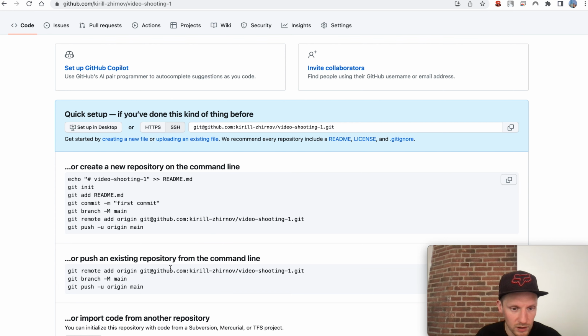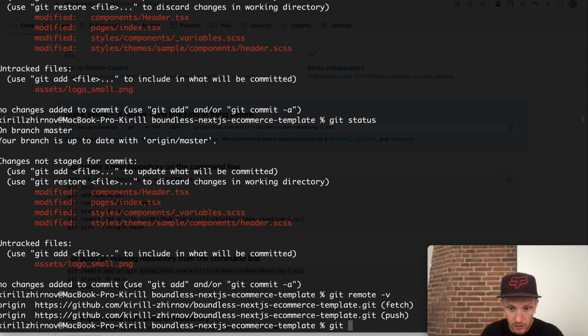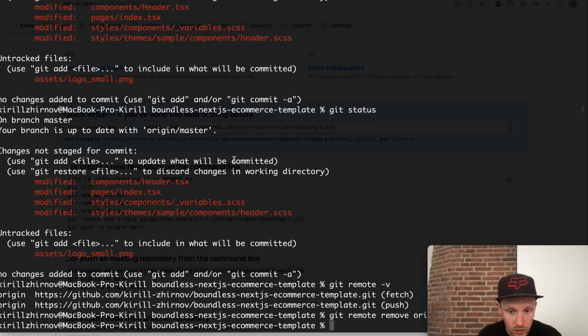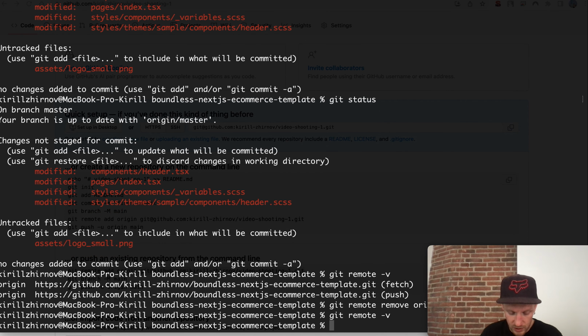Okay, now let's add origin. Okay, status. Okay, I need to remove origin first. Git remote remove origin. Git remote -v. No origins, and add